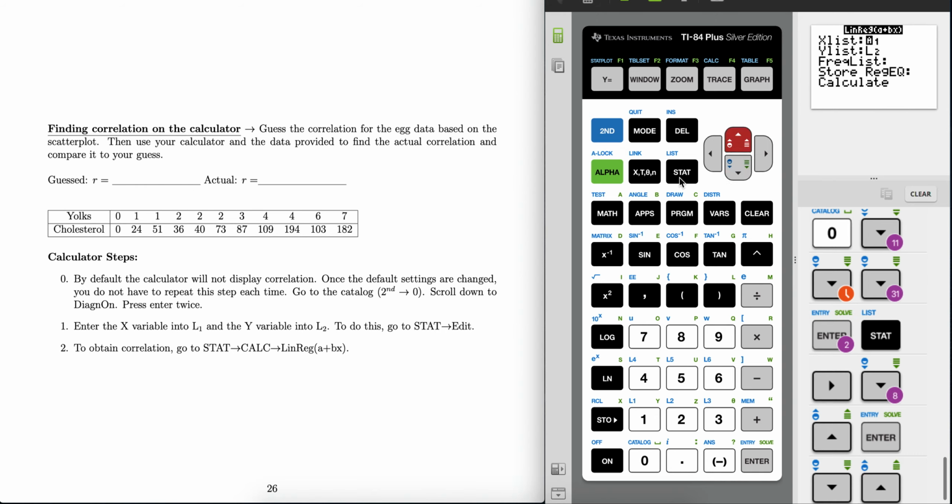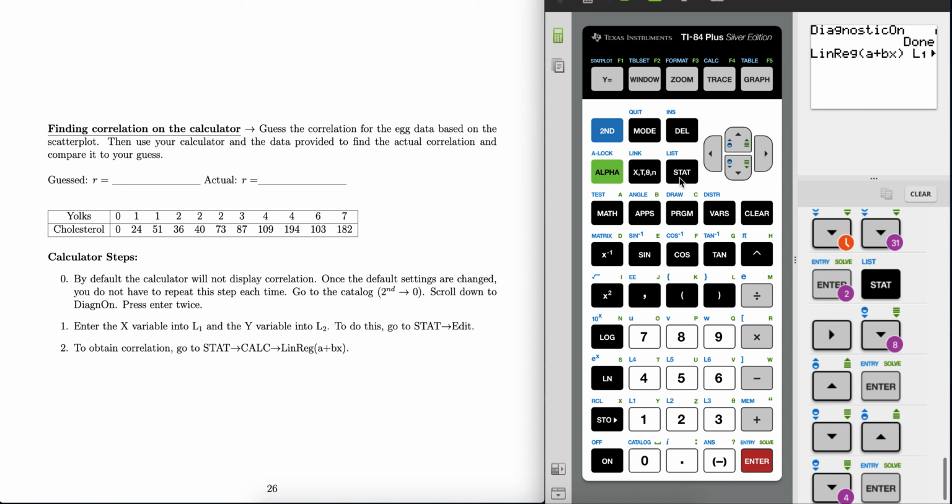X's, we entered egg yolks in list 1. Y's, we've entered the cholesterol in list 2 already. So we're good to go. Let's just calculate. So press calculate. And you'll notice all kinds of information. We'll talk about all of this at some point, but for now, let's focus on R. The last entry here is our correlation,